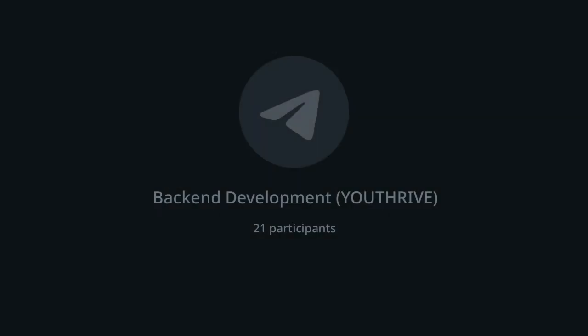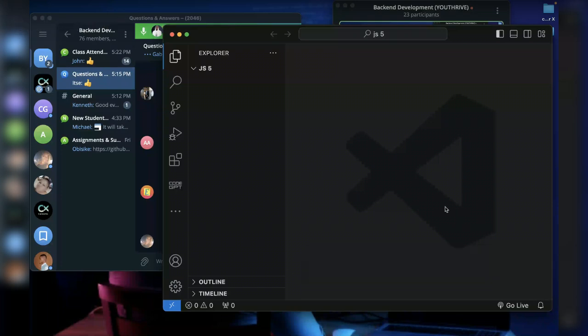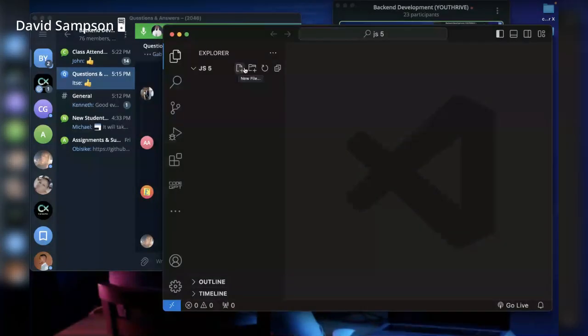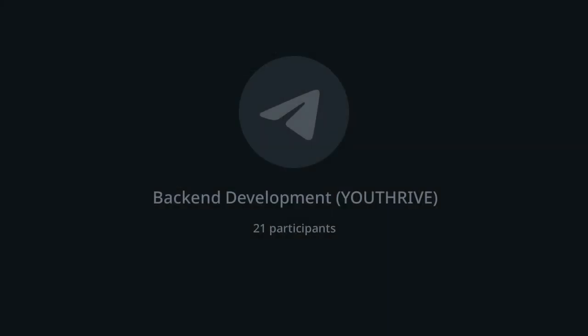The next thing you want to do is create your files. Here, this is the first one to create files. It says new files. Here, this is the second one to create a folder, and it says new folder. For now that we are writing JavaScript,